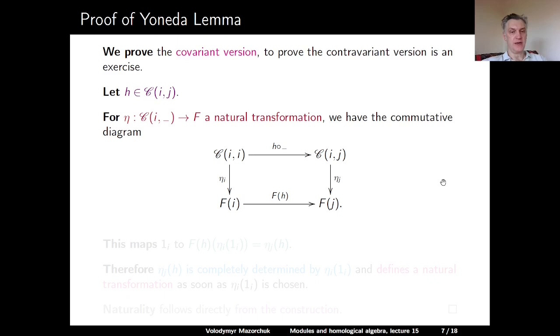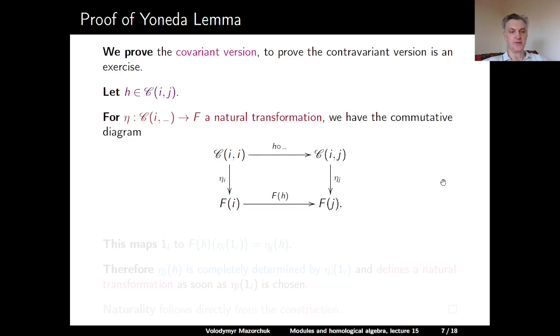Starting from F(I), we can use F(h) to go to F(J), and to F(J) we can also arrive from C(I, J) using eta_J. And the two paths in this diagram should coincide. Indeed, the commutativity of this diagram follows directly from the fact that eta is a natural transformation. That's just the definition of a